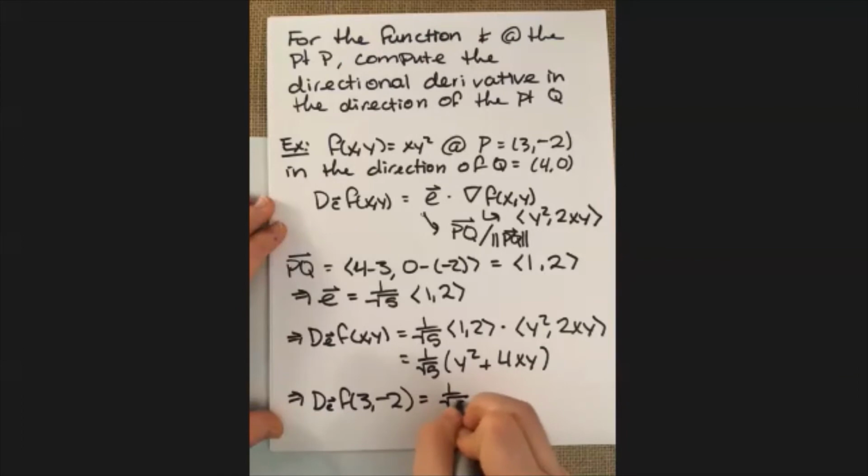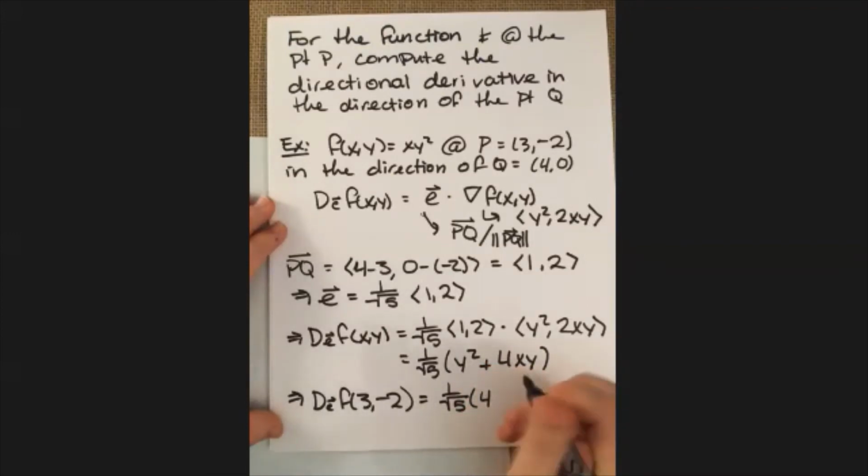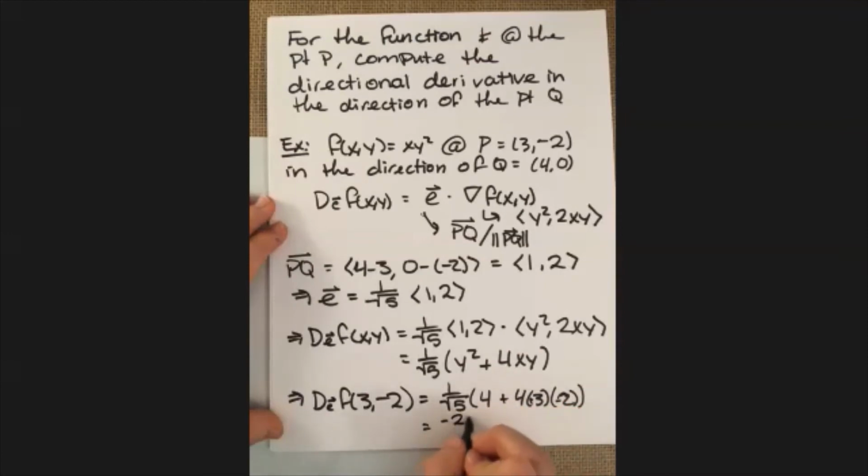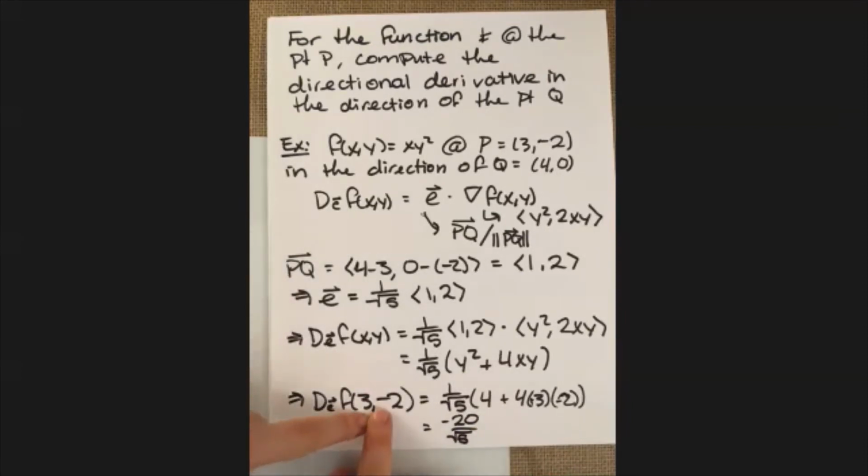So it's going to be 1 over √5. y squared is going to be 4, and 4xy is going to be 4 times 3 times -2. So 4 minus 24 is what this piece is. We're going to have -20 over root 5 as our directional derivative at the point (3, -2) in the